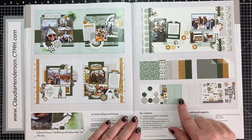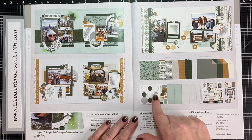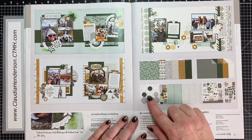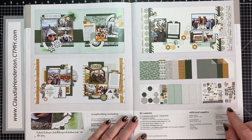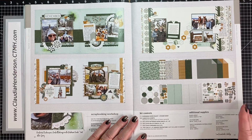You get a whole bunch of specialty papers, die cuts. So all these circles that you see on these, you don't have to cut yourself. They're all done. You just pop them out. The sticker sheet. And then we have a mixture of an exclusive embellishment kit. So it's got some crafts, some French vanilla, and some green sprigs. So all in all, everything you can see here, you get included in